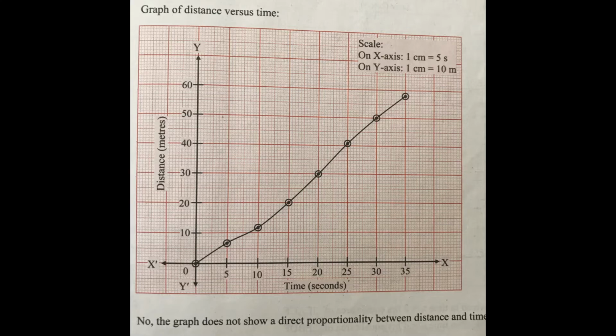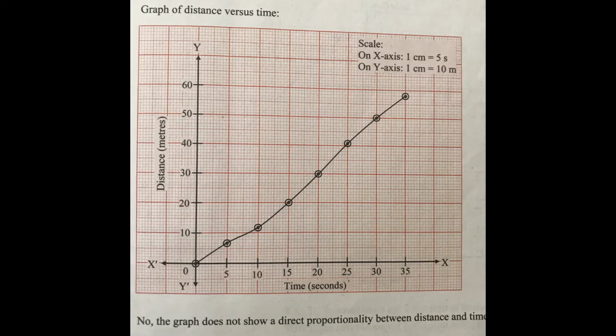Now below the graph there is a question. What difference do you see in the distance-time graph for uniform and non-uniform motion? For uniform motion, the graph is a straight line, whereas for non-uniform motion, the graph is a curve. You may write: for uniform motion, the graph is a straight line, and for non-uniform motion, the graph is a curve. You may draw the graphs either on graph paper or in your textbook, but your school will tell you where to draw, so do accordingly.